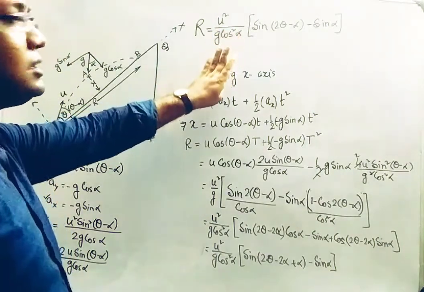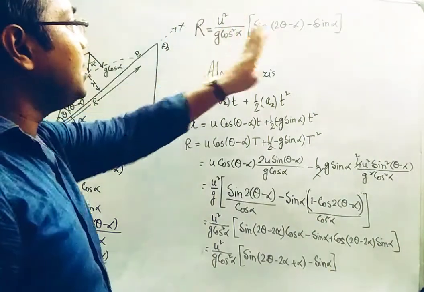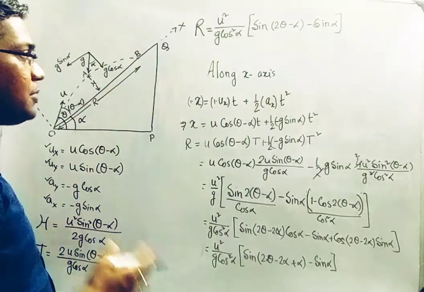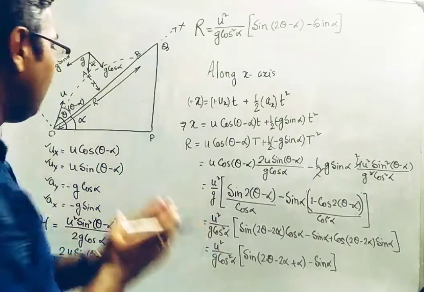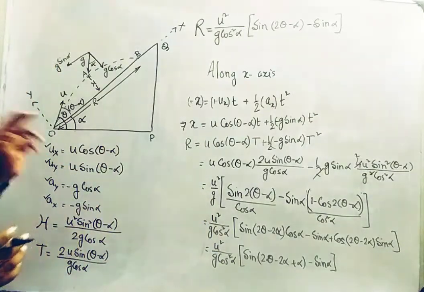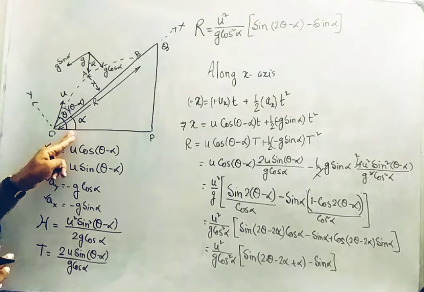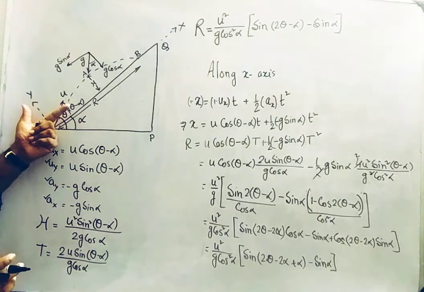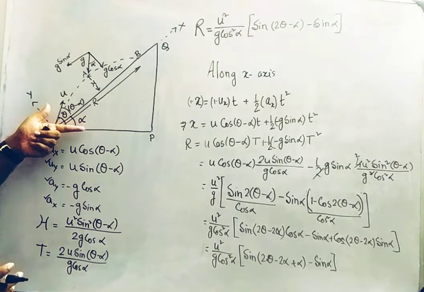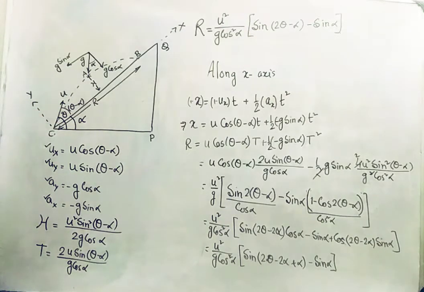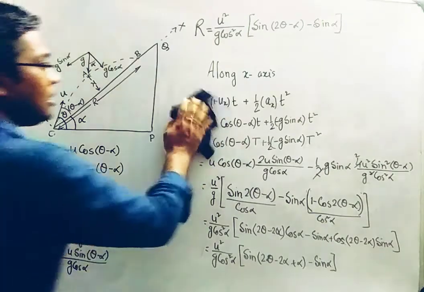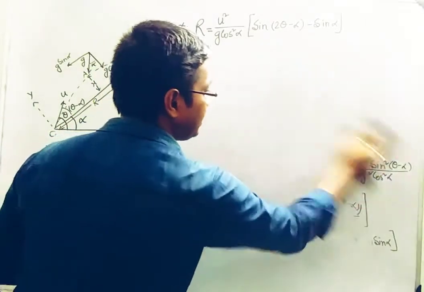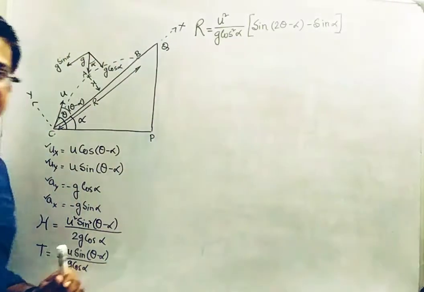Now it is no longer u square sine 2 theta divided by g, but it will be if I put alpha equal to 0. What does it mean, alpha equal to 0? Alpha equal to 0 means the angle of inclination is 0. Now this thing becomes like this. You have changed the angle, this thing becomes this, that is alpha equal to 0. So if I make alpha equal to 0, then how do these equations become? That is the equation of maximum height, equation of total time of flight, and equation of range.